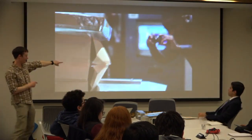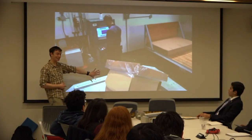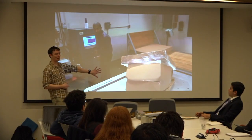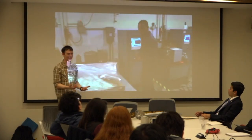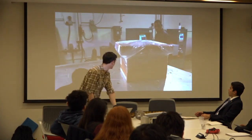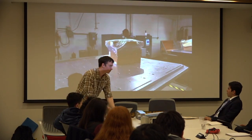So this damage to this UPS box is realistic. This is what you actually want to do to your spacecraft. You don't want to test it like it's going to go on a rocket. You want to test it like it's going to ride on a truck. Well, the rocket too. I mean, we're slightly exaggerating, but